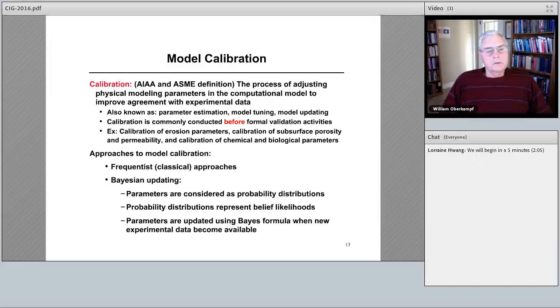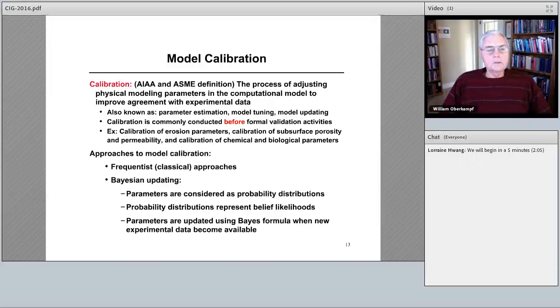But it's parameter estimation. And when I say parameter estimation, these parameters can either be scalars or they can be distributions, that is, functions or probability distributions. Calibration is commonly conducted before formal validation activities, almost always. Because you are tuning your model, you are adjusting your model based on data which should be different from the validation data. And there's all different kinds of things, and I just put a few here that should be related